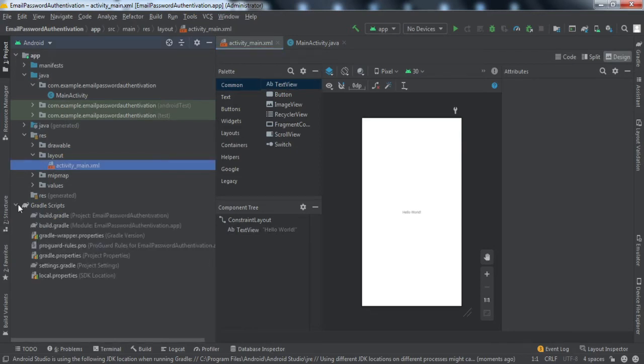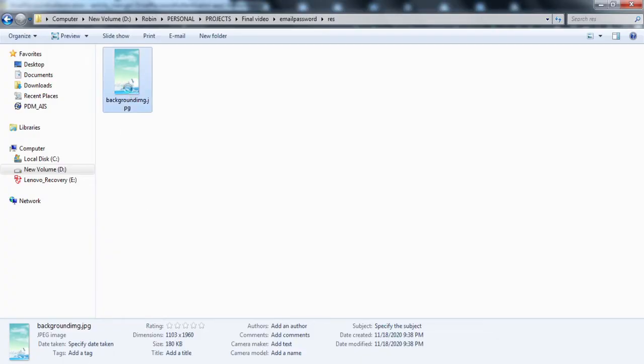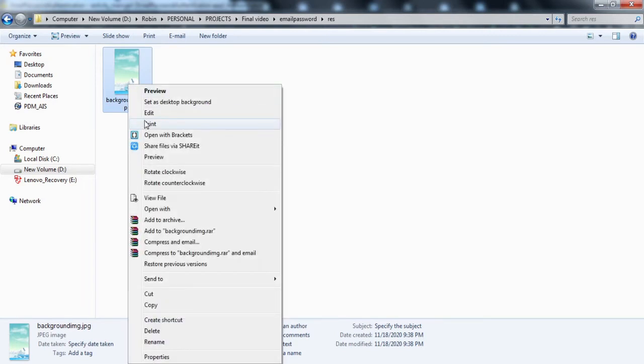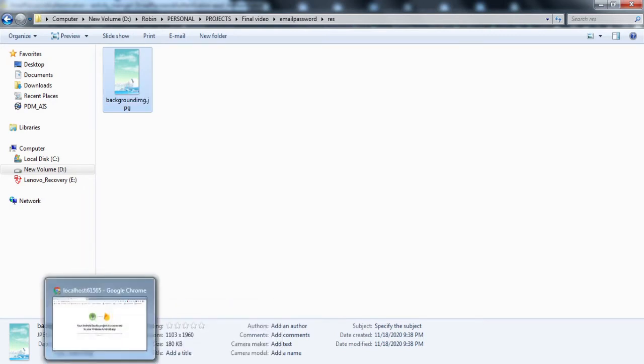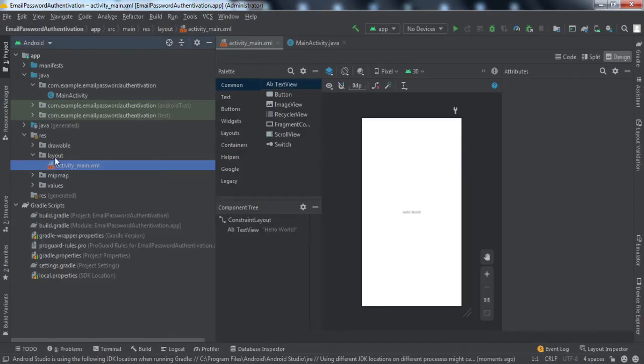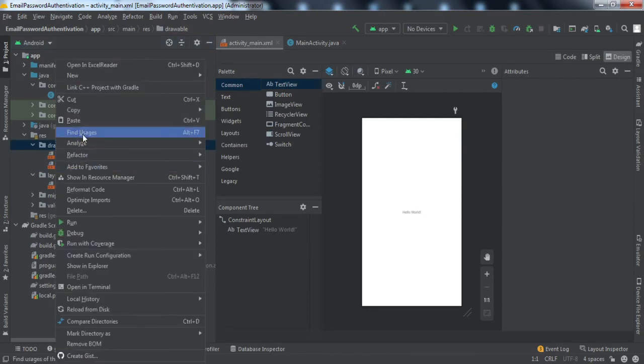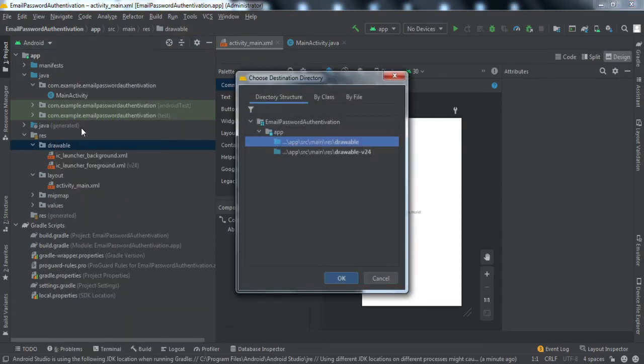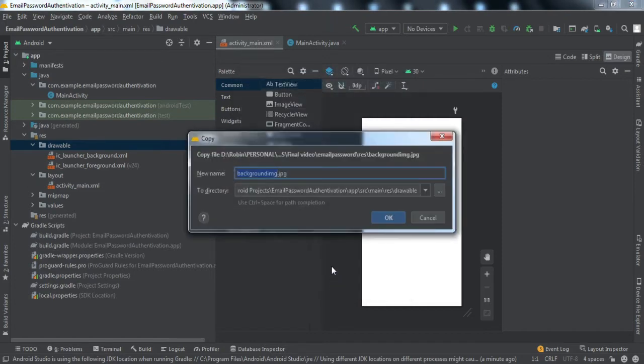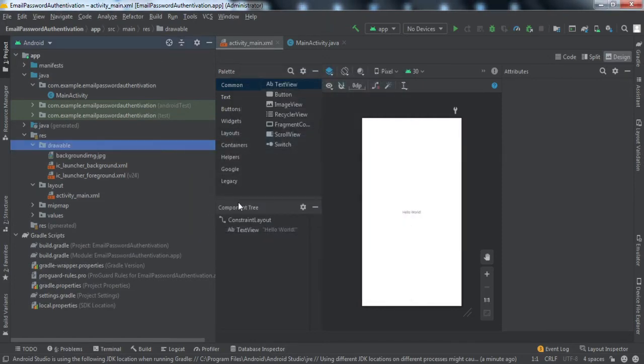So we'll start designing the sign up activity, right? For this, first we need a resource file, the background image that you must have seen on that activity. I've already downloaded this, so I'll put the link for the resource files that we are using in the description below. You can check it out, right? I'll copy this file to Drawable and simply paste it. Okay, now the file is there, right?